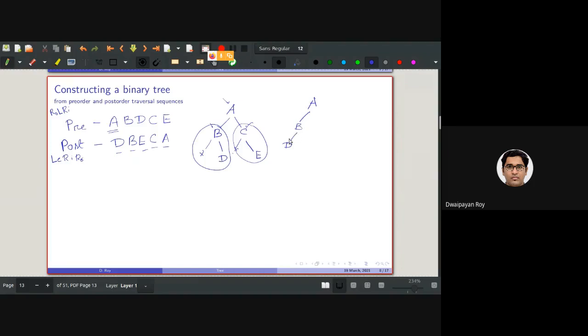Let me have some time to construct another tree for which the pre-order and post-order traversals are these.